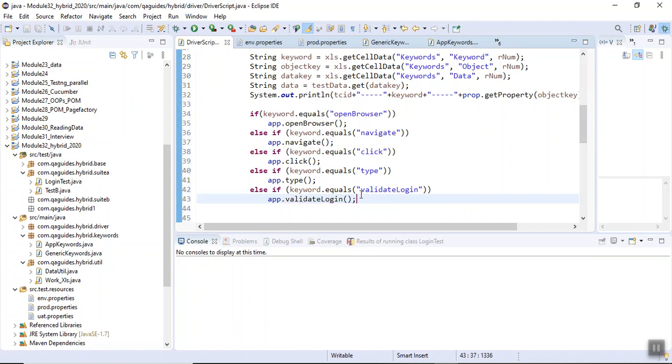See, we need to describe their body also. Okay, we will do it. Let me do one thing. I will type something in that.